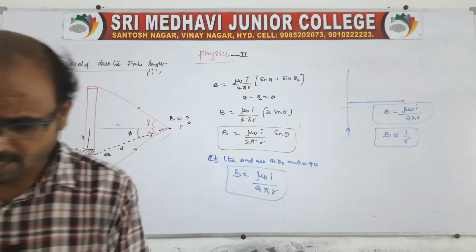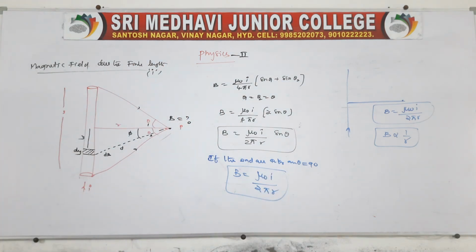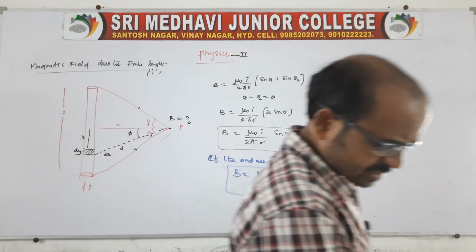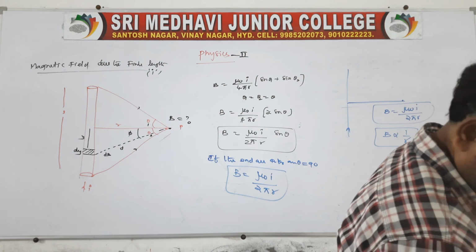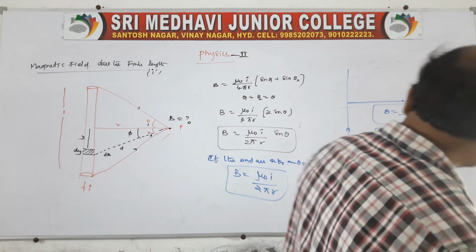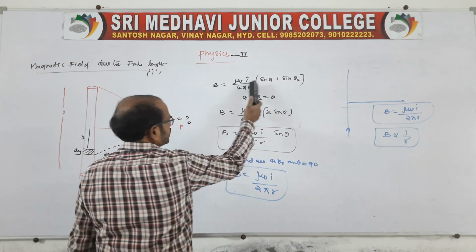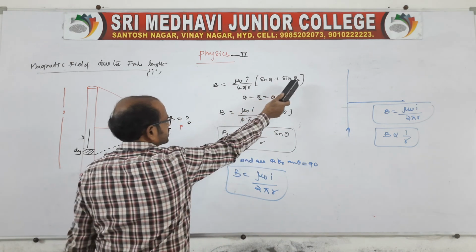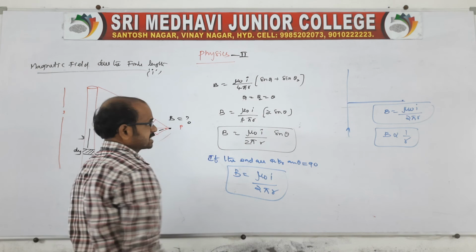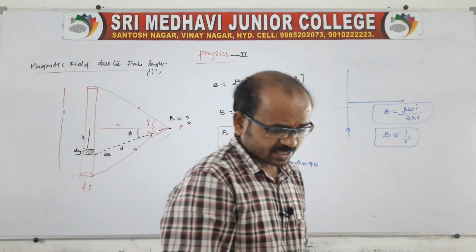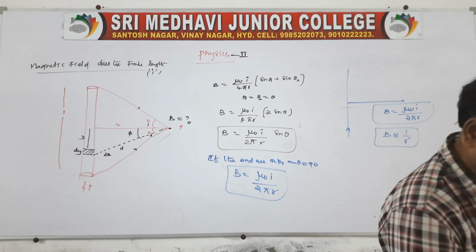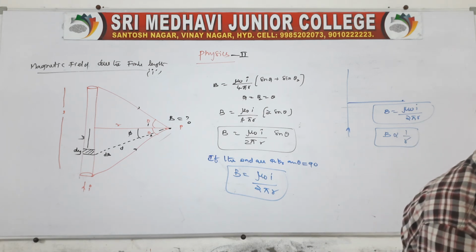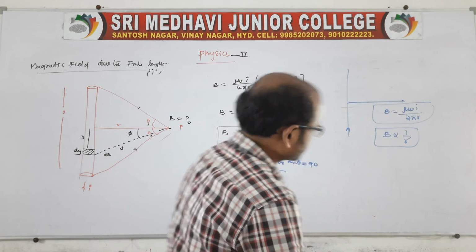Of course, we have other derivations also on the basis of this. We'll see in the continuation topic, right? In this we have some cases also. Suppose theta 1 is 0. What will happen if theta 1 is 0? B is mu naught I by 4 pi r sin theta 2, because sin 0 is 0, no? Then we'll get one expression like that. Here I'll tell you another expression.